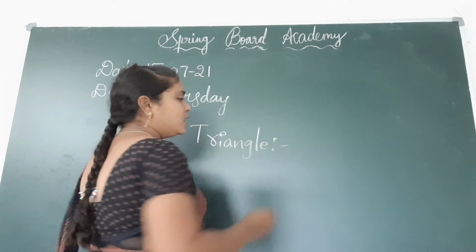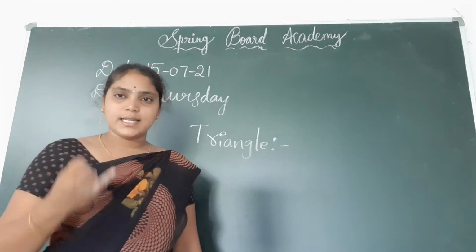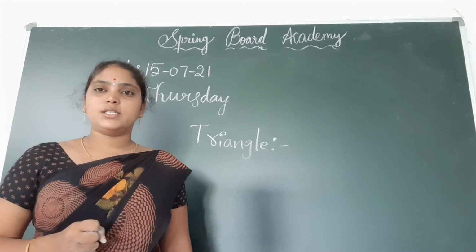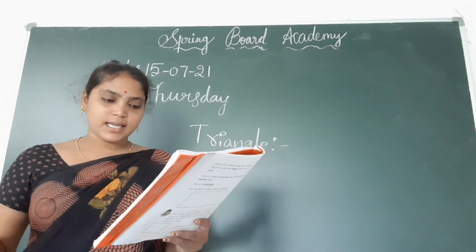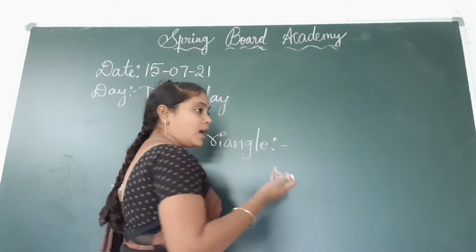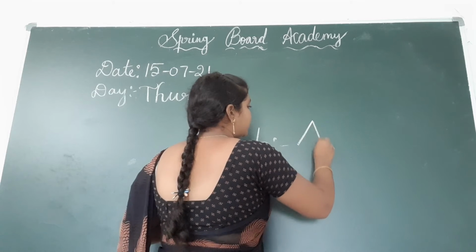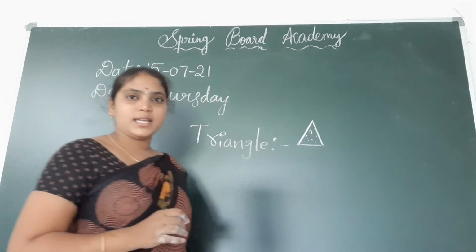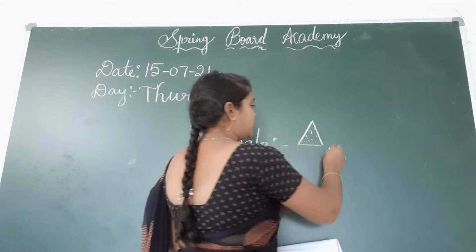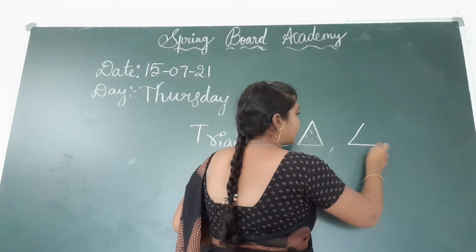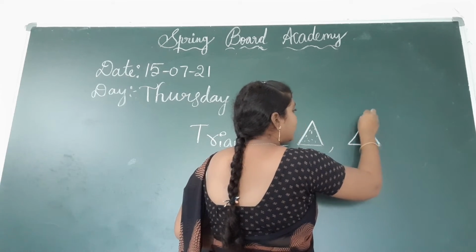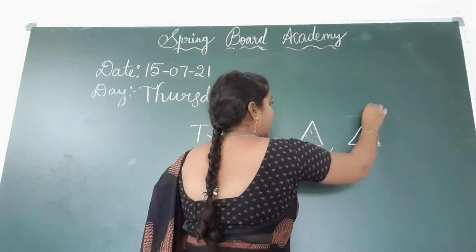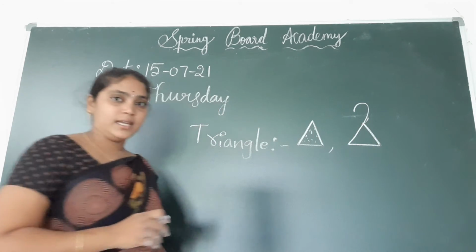For example, yes, children, samosa is an example of a triangle shape object, and sandwich is an example of a triangle shape object. Bingo Mad Angles is an example of a triangle shape object. Hanger. So here I am drawing a sandwich, children. Sandwich is an example of a triangle shape object. And hanger. We can say that hanger is an example of a triangle shape object, children.